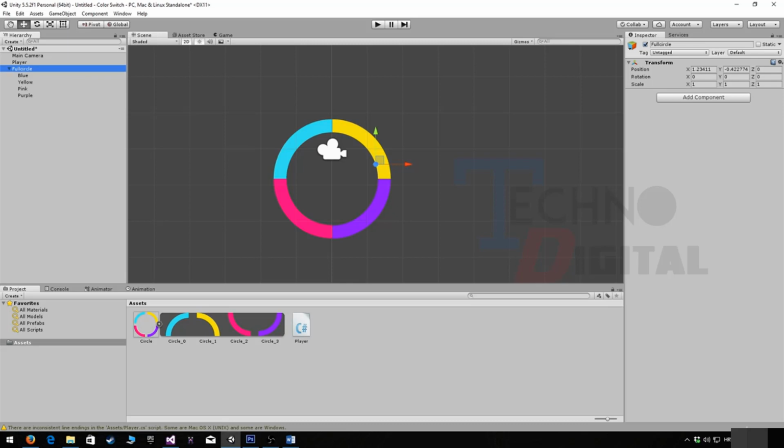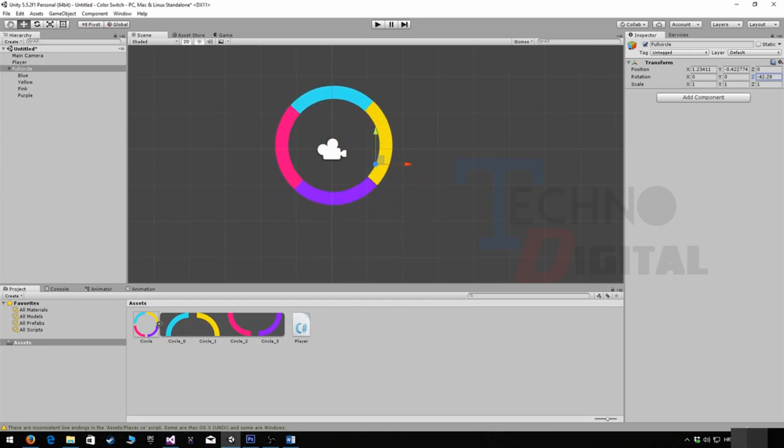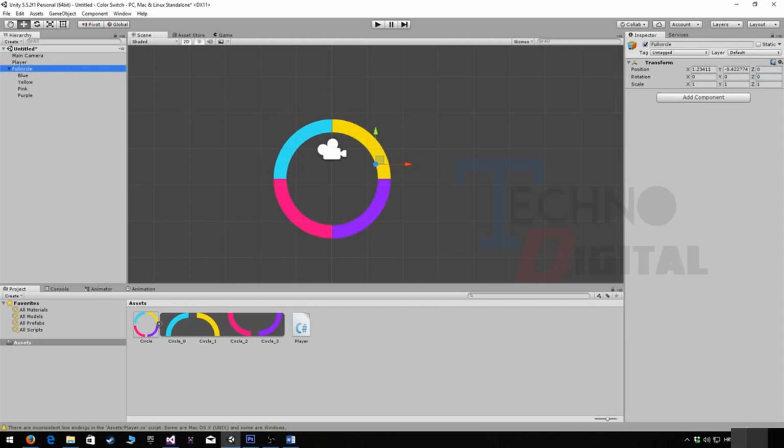You click on the full circle, and when you go to the inspector tab and on the Z axis, if you try to rotate it, it's gonna rotate the wrong way. We don't want it to rotate this way. It's not really good. So what we're gonna do, we're just gonna reset this to 0, and above this hierarchy tab we have 5 views, and if you click on the 5th view, which is the pivot view, you can easily see where this